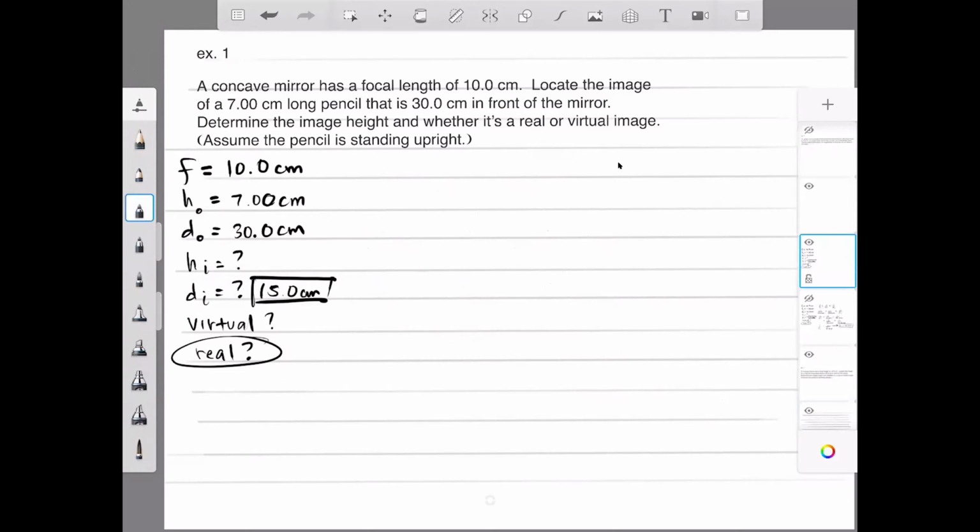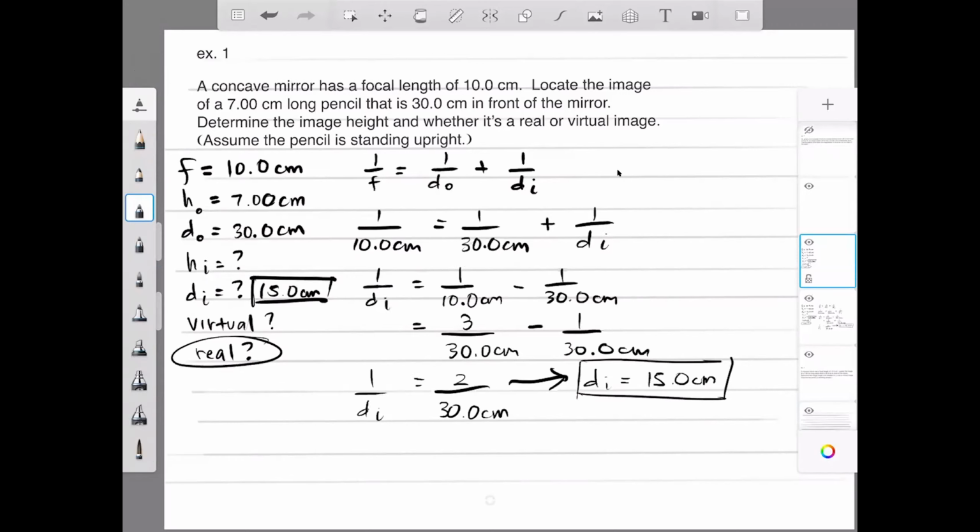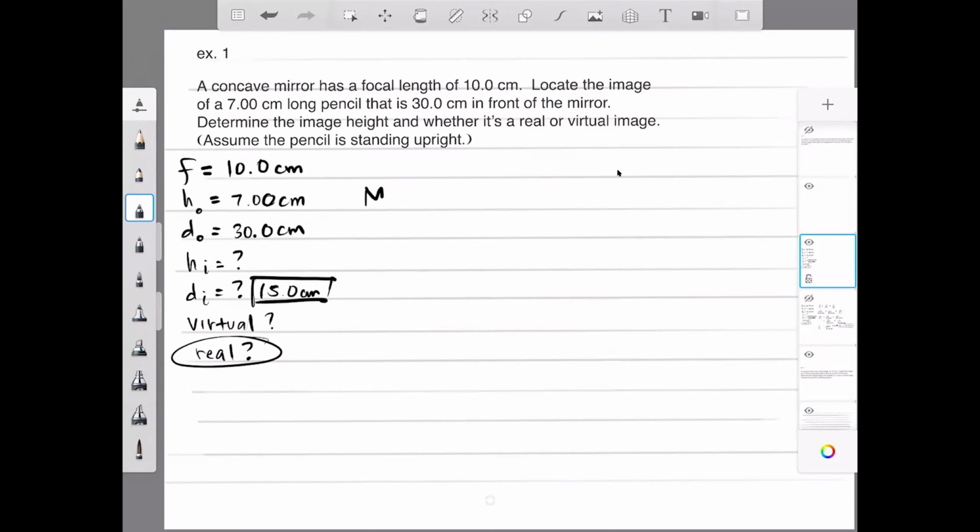So we now know that DI is 15 centimeters, and we're going to use our magnification equation to figure out HI. So HI over HO equals negative DI over DO. Now we don't know what M is, so let's not worry about it. But we do know all the other stuff. So HI over 7 centimeters equals negative 15 centimeters